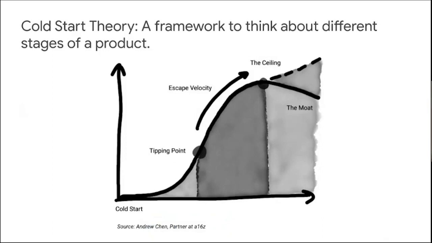I do wish that the framework had a different name because it's the same name as the first stage of the whole theory, which could be a bit confusing. But never mind. For our purpose, we will focus on what needs to happen to go from the first stage to the second stage. Visually, we will talk about this red dot, which needs to happen somewhere on the lower side of this graph. Meaning, you need to solve the cold start problem to find product market fit. And then you can grow and grow until you hit the tipping point.